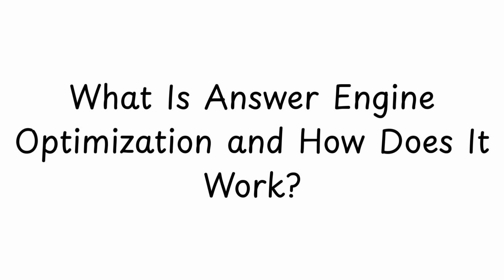The first one, and maybe the most obvious, is really understanding what users are looking for, what their intent is. Getting in their heads. Yeah, search engines are getting incredibly good at figuring out what someone actually needs when they type or say something. Like they can read between the lines. And they're going to prioritize content that gives the most accurate and complete answer to that specific need. So it's not just about keywords anymore. It's about understanding the human behind the search.